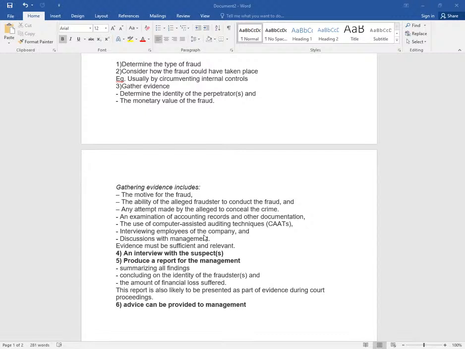The most important thing when you're gathering evidence, because it has to be admitted in a court of law, is that it must be sufficient and relevant. It must be sufficient and relevant. Very important, please, gather enough evidence. From there, please always give these fraudsters, these suspects, we call them suspects, by the way, for now, give them an ear,